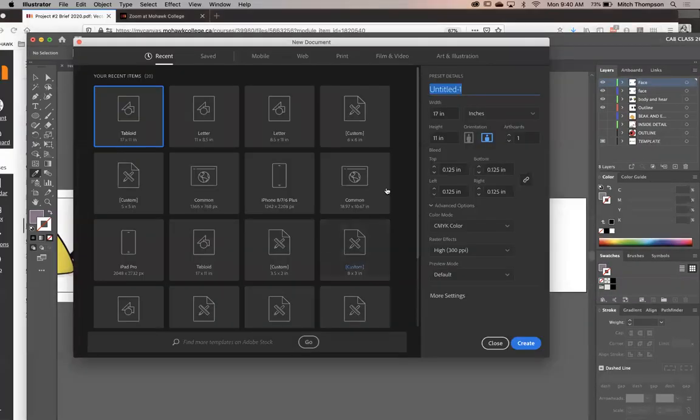So your full name, underscore, and it's going to be a PDF this time, okay? That being said, we will start as an AI. It's nice to have an AI even as you're working, and then a PDF as the send to client. I like to do that just to separate the two. So I have one working, as we know, with our folders, and then the PDF sent to the client, okay?